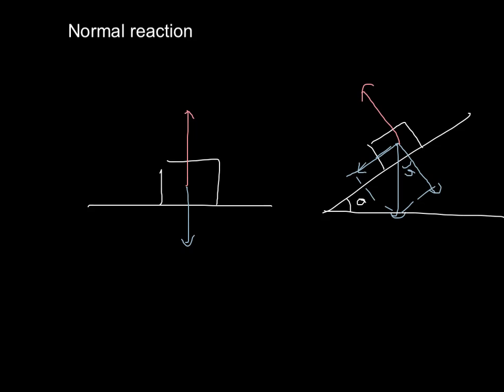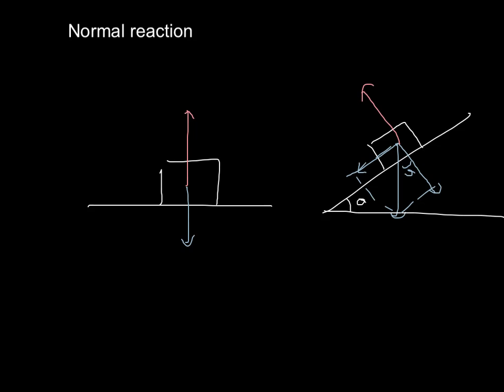Well, hopefully you said the cosine, because this is obviously the cosine of this angle. Therefore, if I want to get this normal force here, I need to multiply the weight times the cosine of the angle, which is the same angle as this thing. Don't worry about this if you don't get it right now. It will be coming up later on, but it will be coming up a lot when we do Newton's second law.